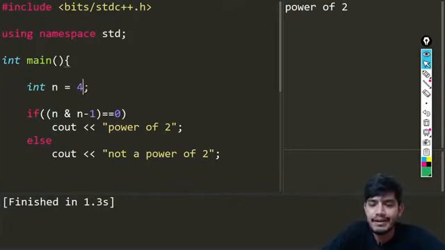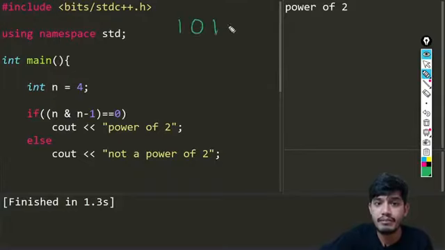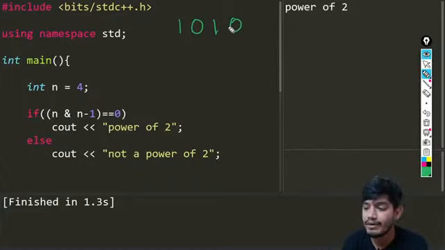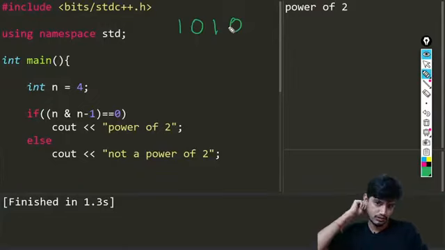Now, depending upon the logic we just saw, we need to find how many set bits are there in a number. What I mean by set bits, we already spoke. So let us take an example of 10, and you need to tell me how many bits are set in this. Please write in the comments how many bits are set in this.